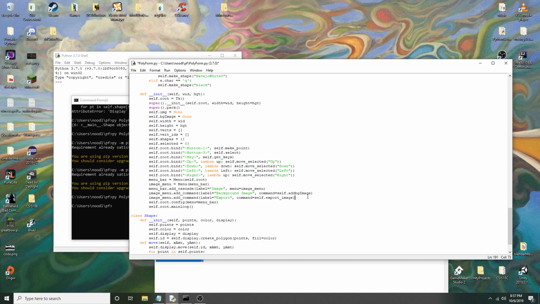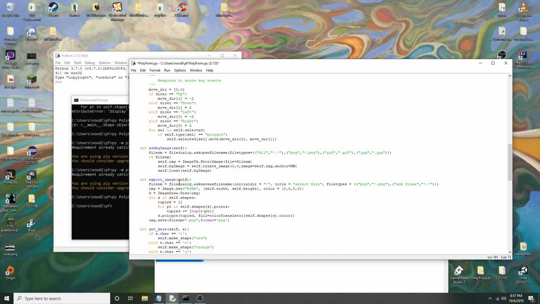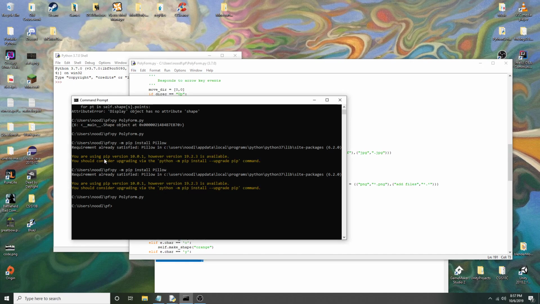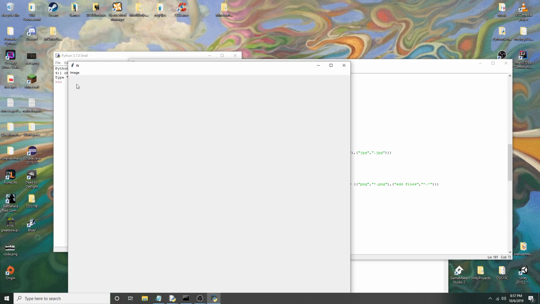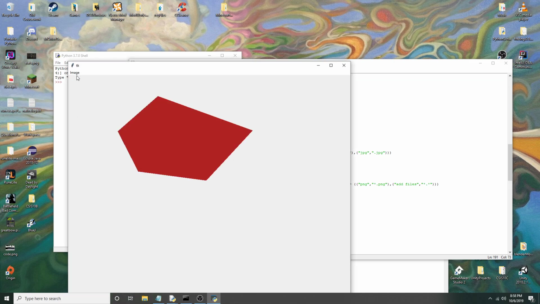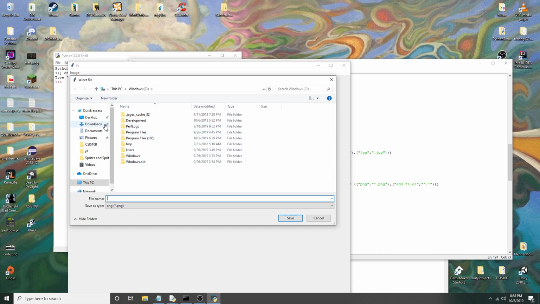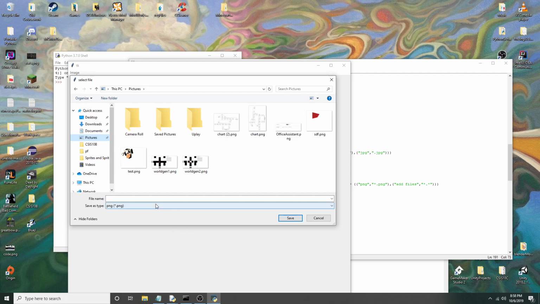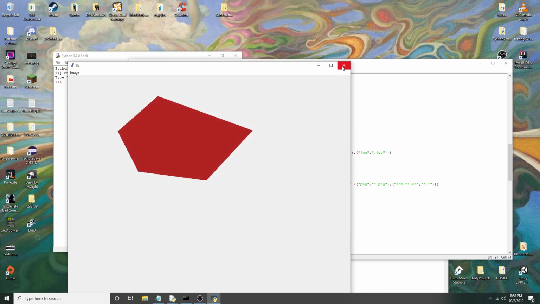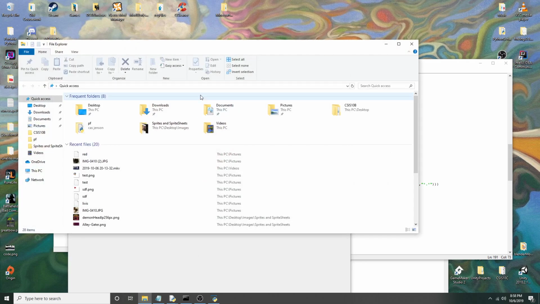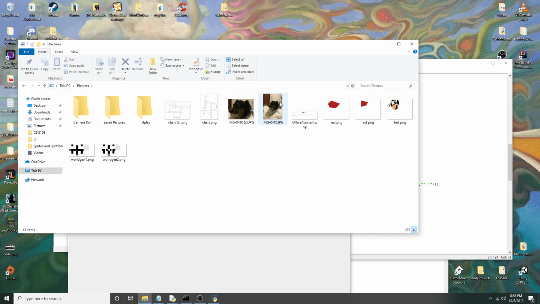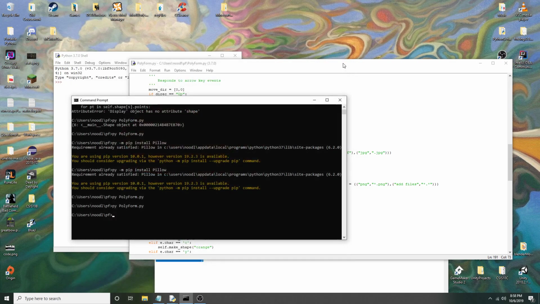Alright, and let's give that a shot. See if I haven't made any typos. We have that. I want to export it, so I'll put this in pictures and call it red. We can check, and there it is. So now we got exporting, and with these functions combined together now,